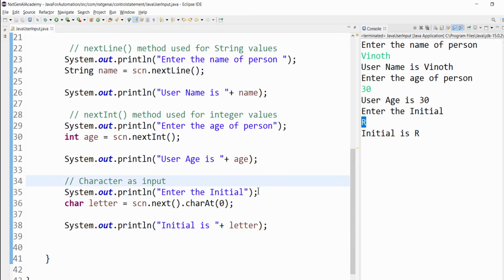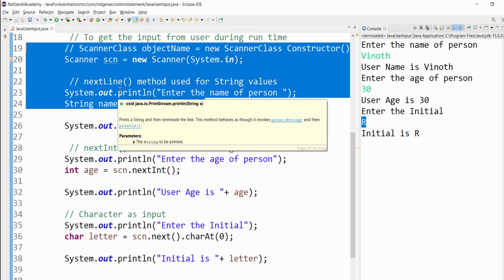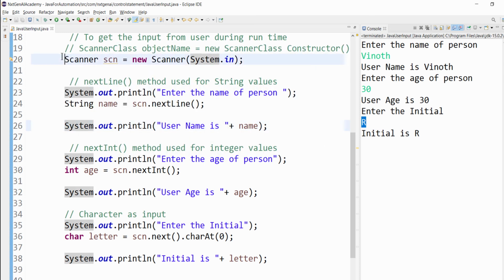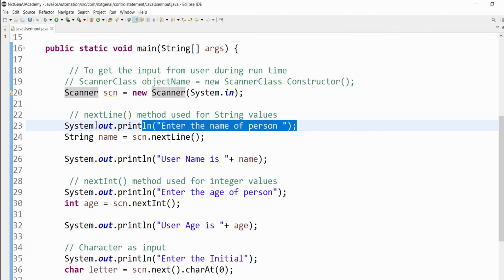Same way you can do it for float also. This is a little bit of an advanced topic for beginners, but trust me, we will be using this particular concept in the control statement. At that time it will be more useful. Just copy paste this particular scanner class, and it's mandatory, or at least a good practice, to display some message to the user.